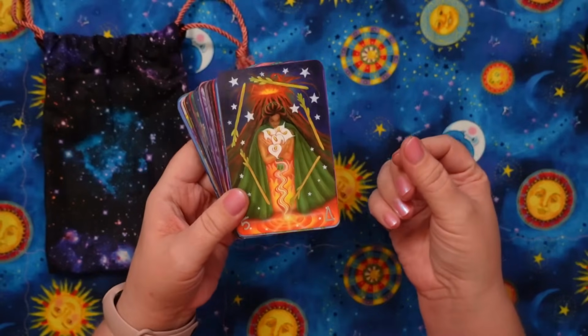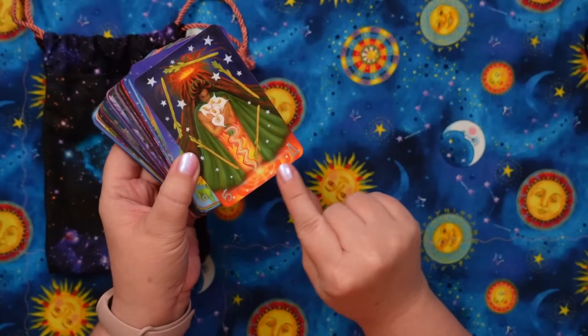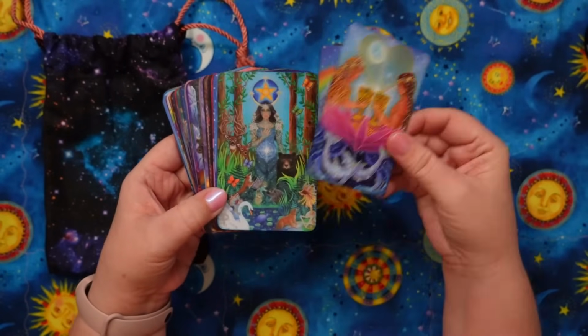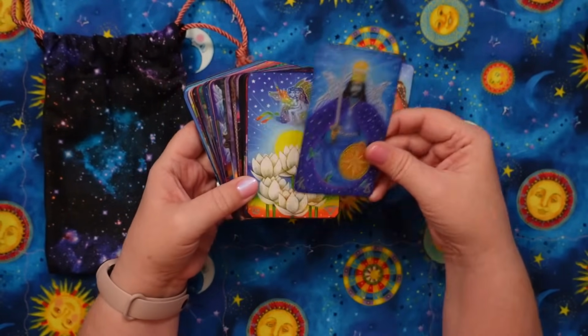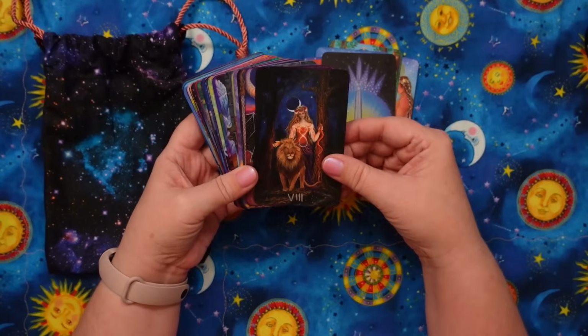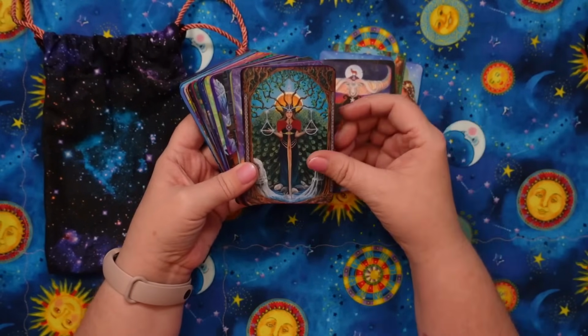Anyways, this is hand trimmed down to borderless, and I used silver Sharpie to note which card it was. These cards are absolutely beautiful. It's a really special deck. Again, this is one that, if I'm being honest, I don't ever reach for. I really don't. But it's also another one that